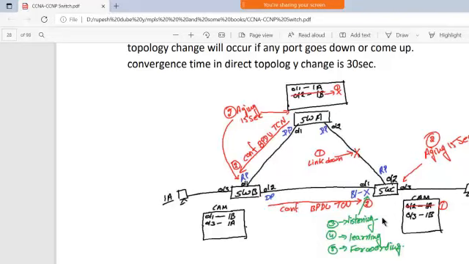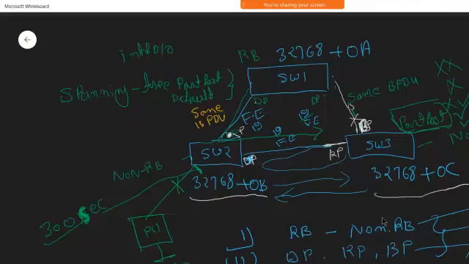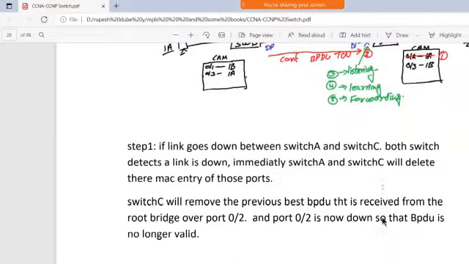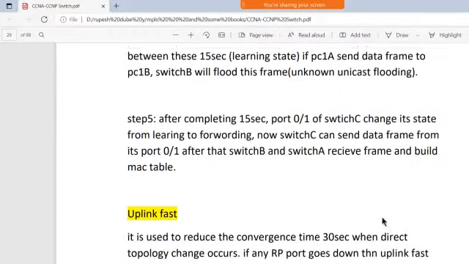Because this is in the blocking state first of all, and then it comes up into the listening, learning, and then forwarding state, right? So this will come inside listening, learning, and then forwarding state. Means this is going to take 30 seconds to come up, right? Okay, to reduce this 30 seconds, we have UplinkFast.